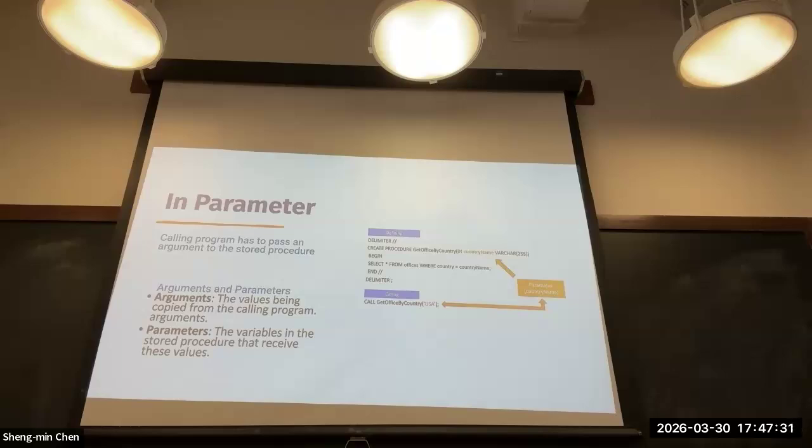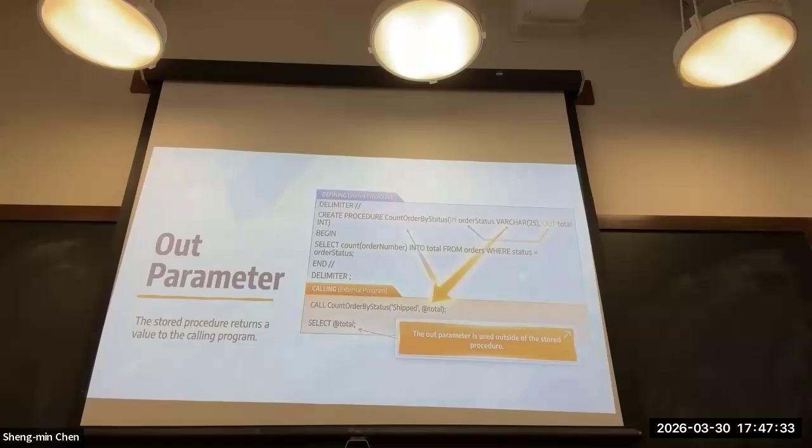All right, now out parameter. If you want to have an out parameter returned, you just have to specify the out parameter. Okay, so for example, look at over here, you declare the out parameter. So after you call that